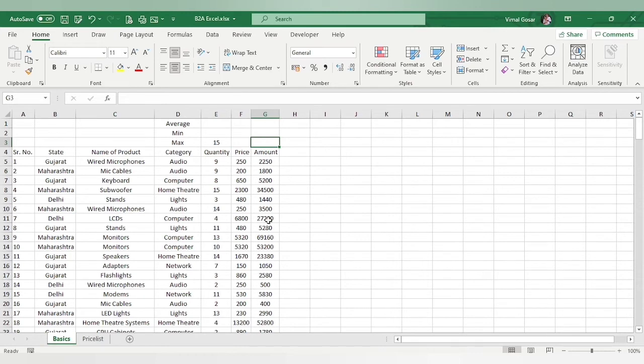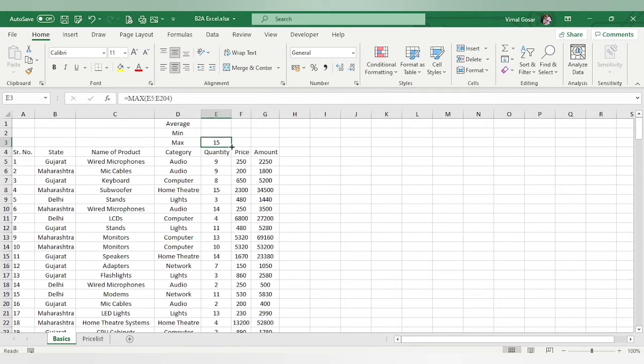For that I can use the drag pointer, which comes at exactly the lower right corner of a cell. This is my selection cell, this is my moving pointer.